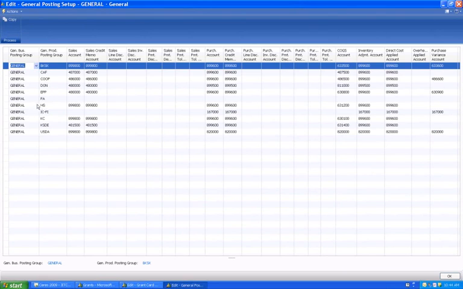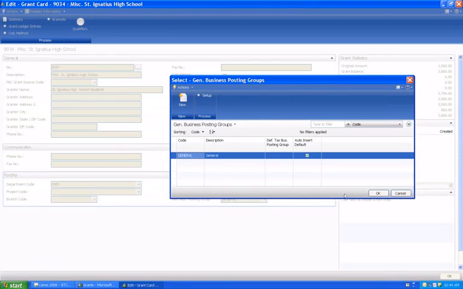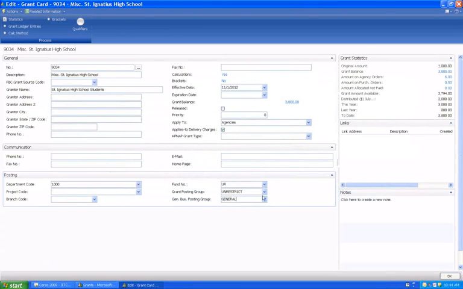It's called general. And then in combination with the general product posting group, which comes from an item card, will determine what GL accounts to hit on the lines. So we selected the general business posting group of general, and that is the basic setup of the fast tabs